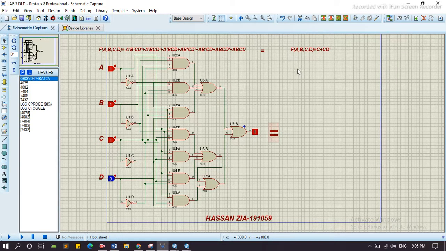Now here is a second function which is obtained by the K-map. We draw this here, which has the C and D 2 inputs. Here are the C and D 2 inputs. Here A and B are removed, and it shows similar behavior as compared to this. So we can say that this is a reduced form of this circuit. Now we test this according to the truth table.